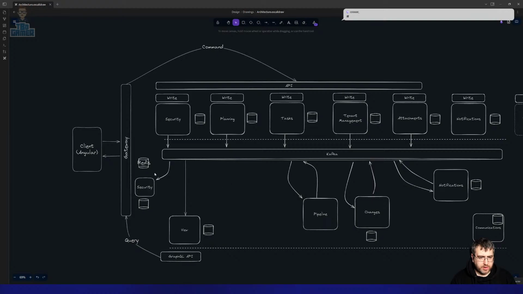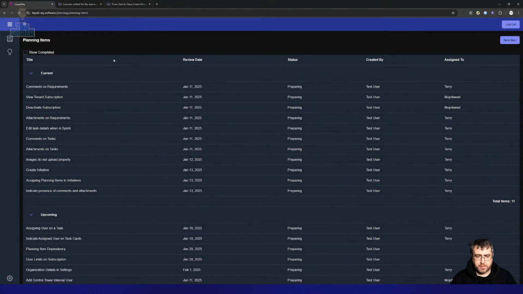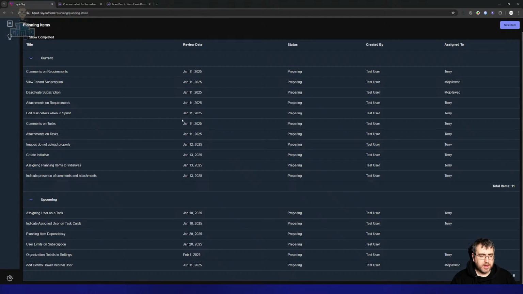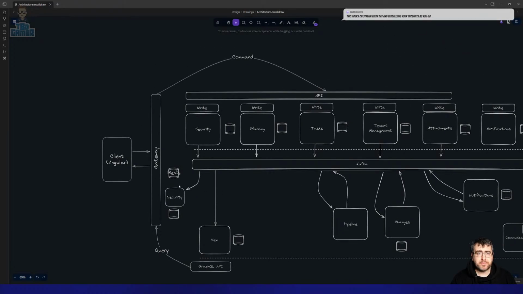So what we're going to do is use the tool to document out some of the ideas here, start to plan these things, and then build out the actual components. If you haven't seen it before, this is the Liquid Sky product that we're building. Right now, we are able to add planning items, do tasks, do sprints. So what I'm going to do here,